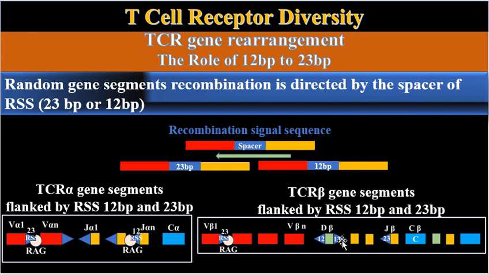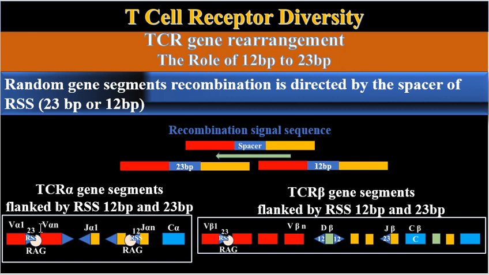And according to the rule of 12 base pair to 23 base pair, the rearrangement of TCR alpha gene segments will take the direction from the joining alpha, as it is flanked by 12 base pair, towards the variable alpha, as it is flanked by 23 base pair